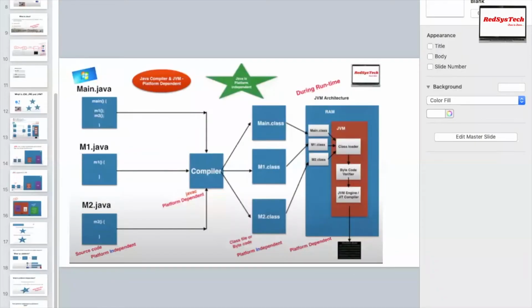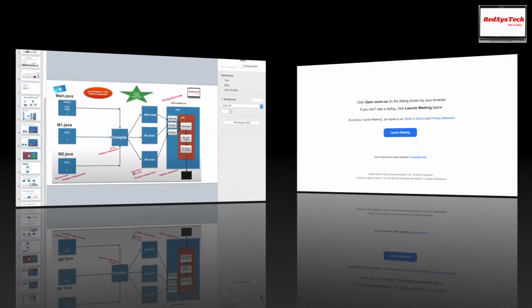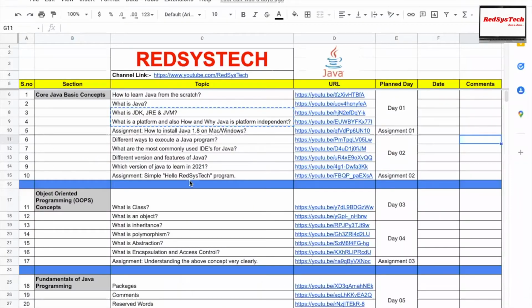Okay, so this is all the theory for this particular class, and I want to rejoin, and then we can start the practical part, where we can see this in real-time programming. Basically, you can look at how to install Java on Mac or Windows. That is work you can do before the next class, and come up with any questions you have while doing it.